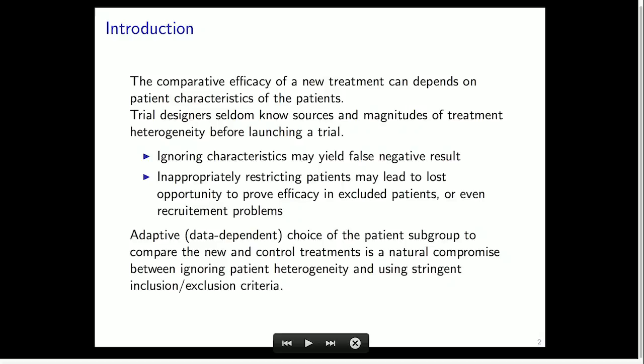The idea here is that when you're comparing an existing treatment against a new one, for example, and you're designing a trial for testing a new intervention, almost always the trial designers